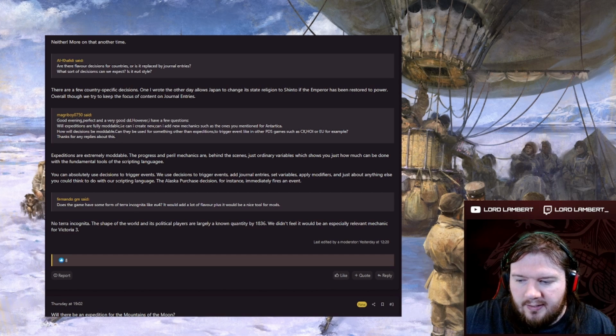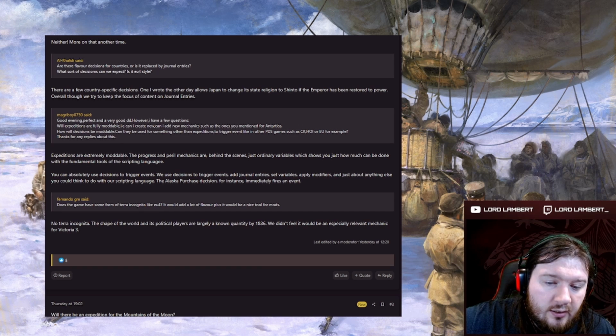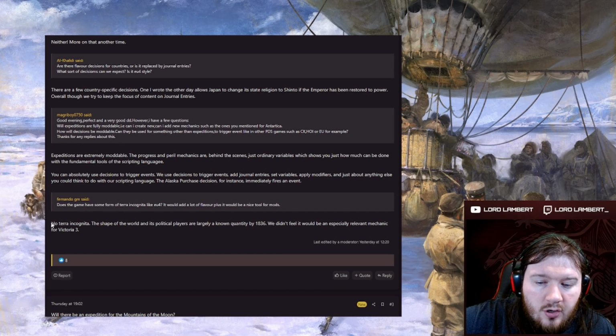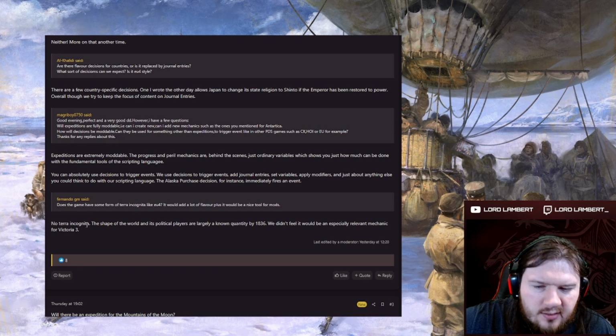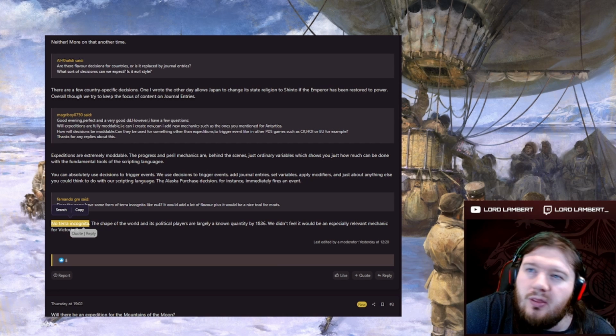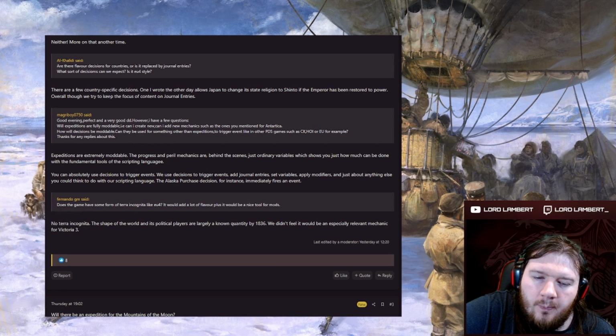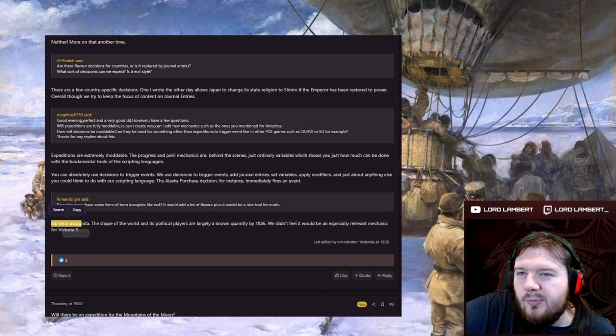And finally, does the game have some sort of terra incognita like EU4? It would add a lot of flavor, plus it would be a very nice tool for mods. There is no terra incognita. No, that's fair. That's fine. Inner Africa would be like the only place where that makes sense, so I'm kind of fine with it not being there.